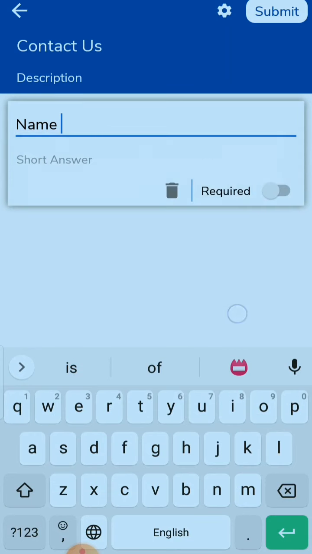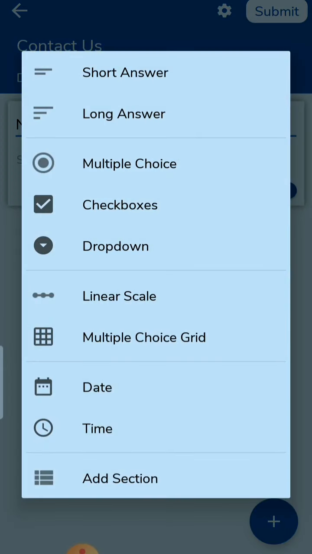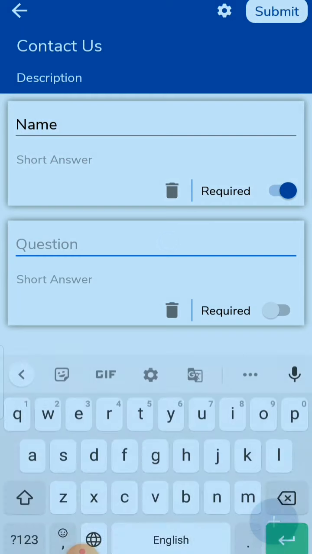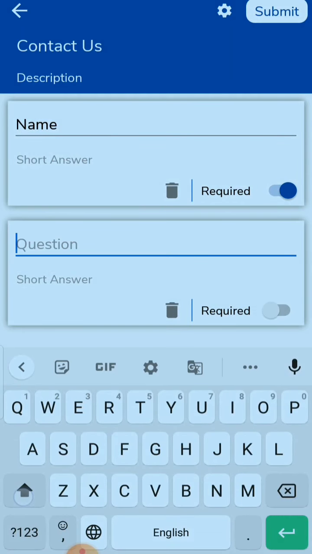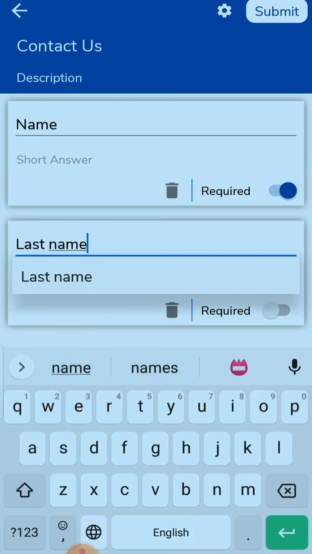You can also click here on required if it is mandatory. Second, you have to click on short answer again, like last name. This one is also required.